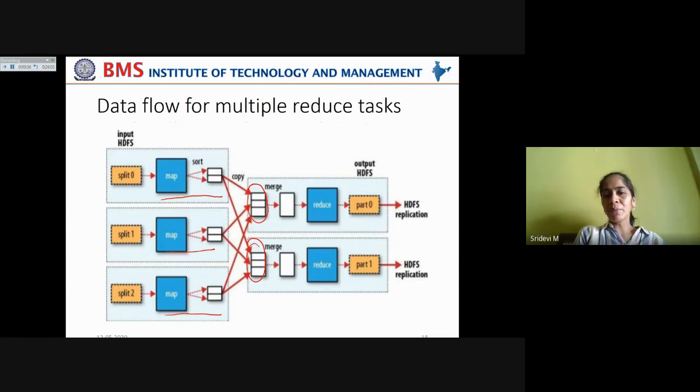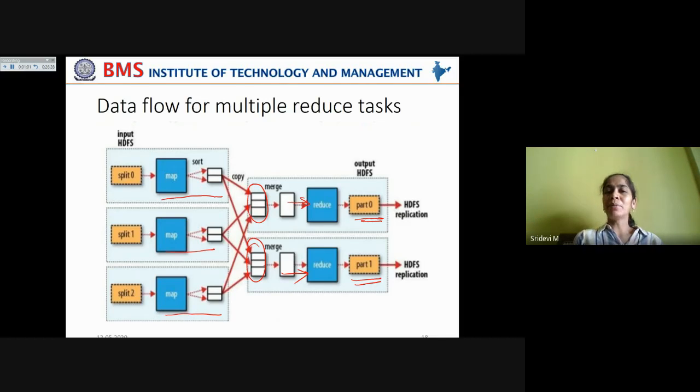The key values are merged for that particular component and passed as input to the reduce phase. Each of these reduce tasks will give you individual outputs, and all these outputs should be treated separately, maintaining the default HDFS replication factor.